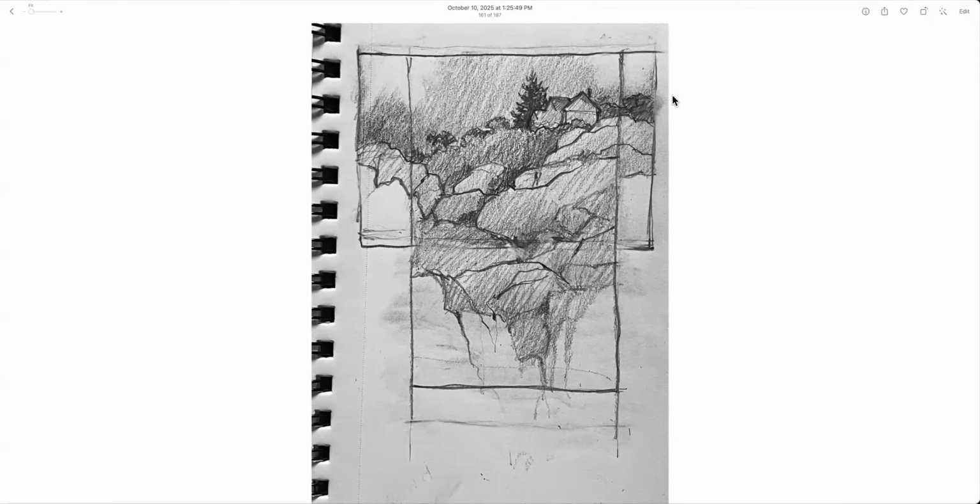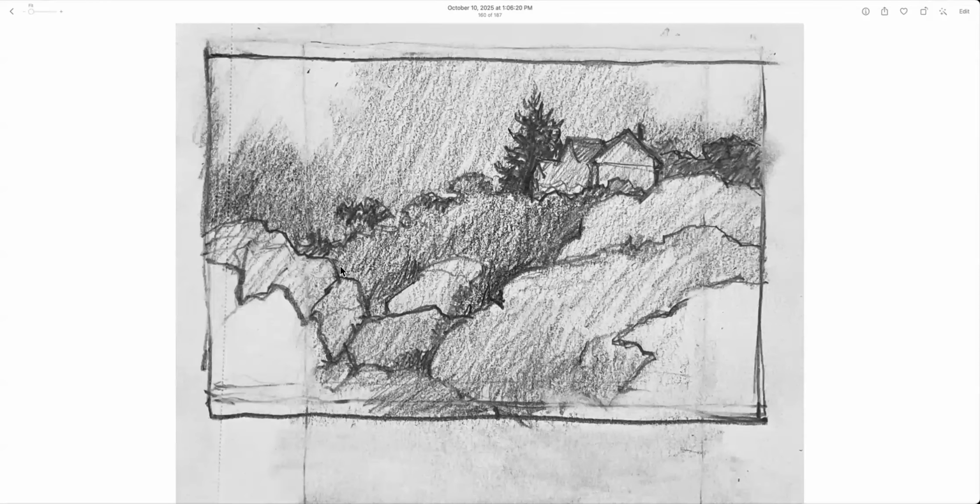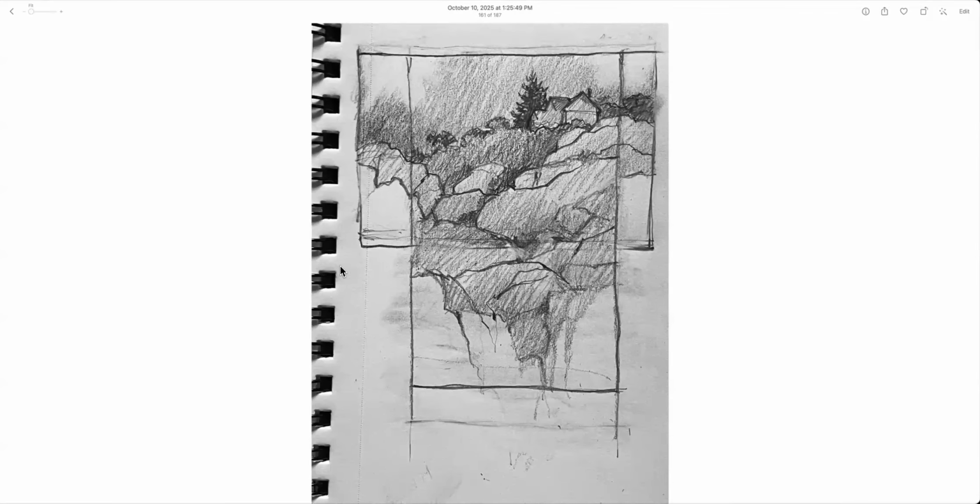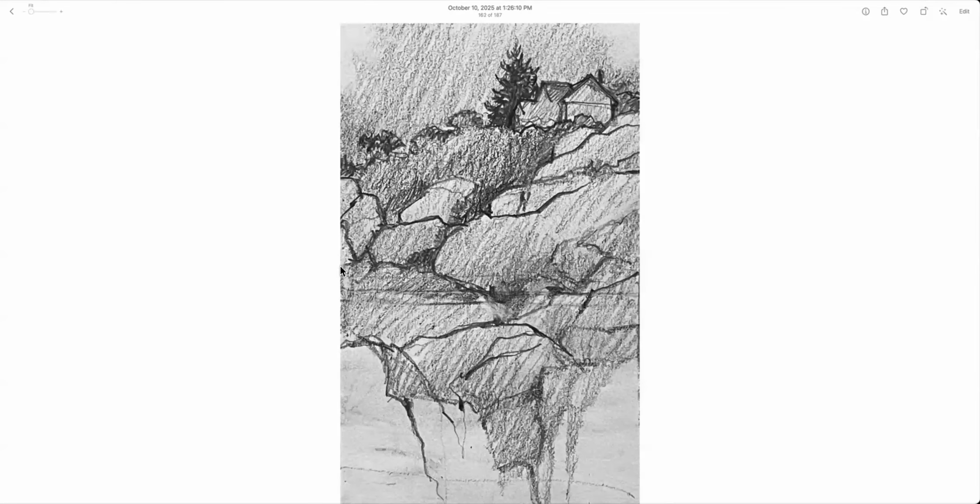Oh my gosh. You know, I'm still thinking that a vertical painting would be much more dramatic. The horizontal, you really lose that sense of the depth, the height of that cliff. You just can't see it. So now I'm back to vertical and vertical